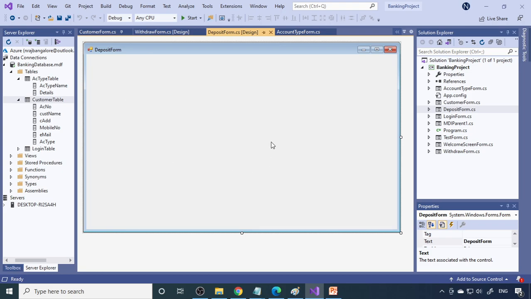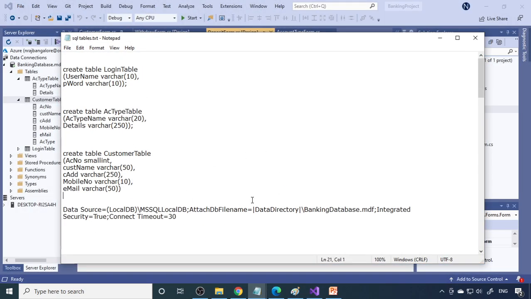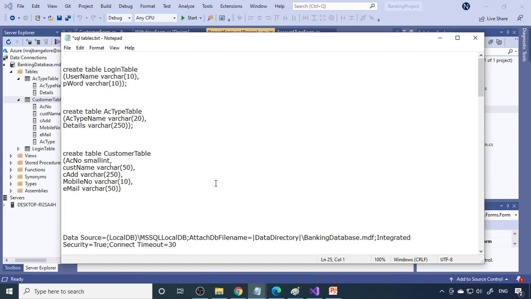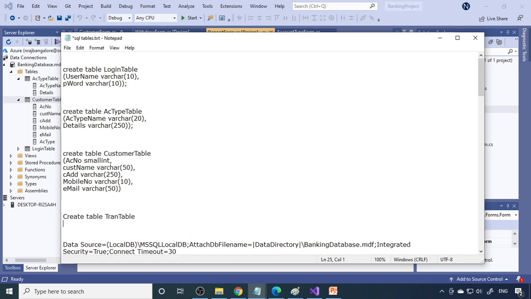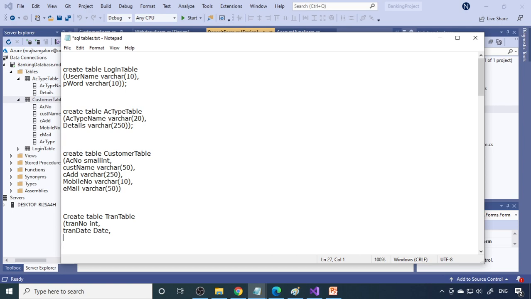For that, first you need to plan what columns are required. I think we have not created the table, so first let us design the table. Call it the transaction table. Create table, transaction table. So what columns are required? One is transaction number, so let us take it as int. Then transaction date, what date the transaction happened, so this is the date type. Then the account number, which account number it is. Account number is a small integer, so I can take a small integer. This also I can make a small integer because integer is quite big. So let's say small integer.